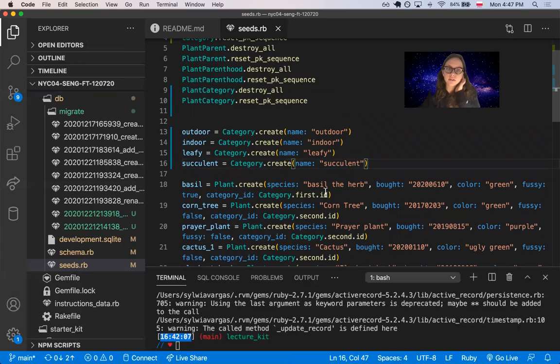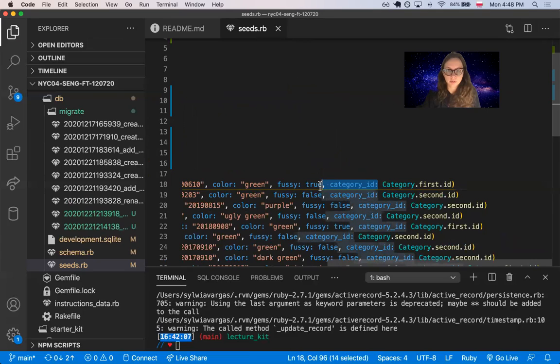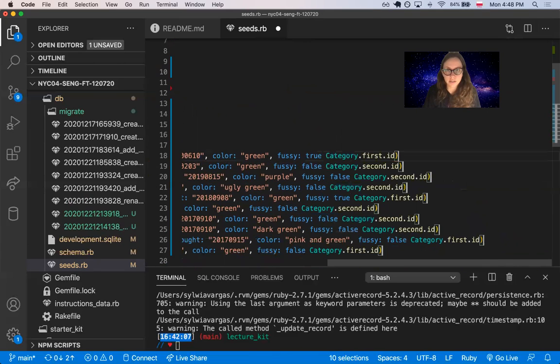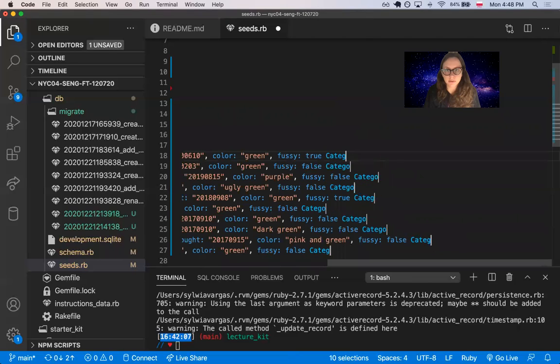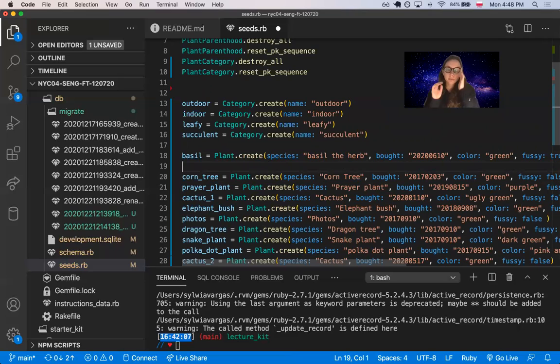And so we no longer will be having the category ID on the plant, right? So now what we'll have, I need to delete it from here. So that's what I'm going to do. Does it work? Yes, it works. Okay. And so now I am just creating the plant, and after each plant, maybe I should add some categories, right? So in order to speed up my work, this is just for tests, I could do something like,